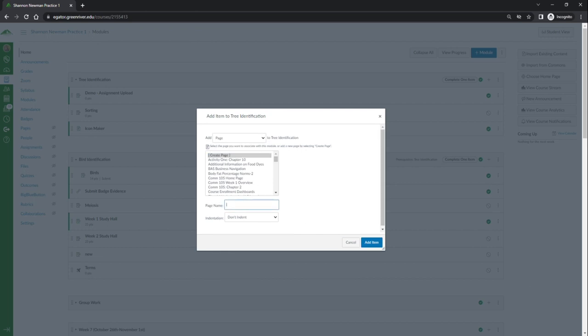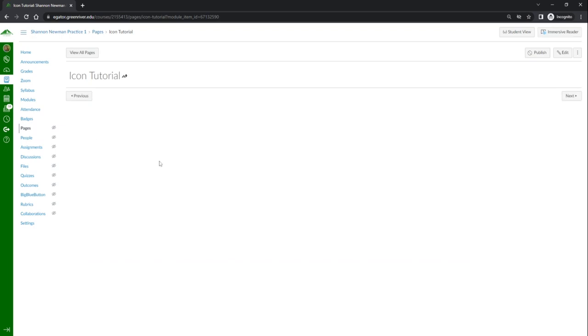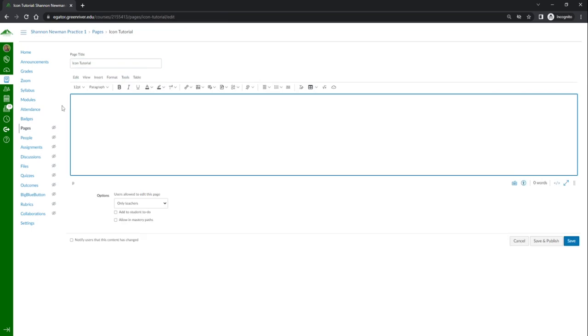And I'm going to name it, and you'll go ahead and open the page, assignment, whatever you've made, and you'll edit it just like you would any other type of activity. So this here is what's called the rich content editor. The new icon feature is shown right here, and it's just shown with a few little shapes. And what you can do is click on that and you'll click create icon maker icon.